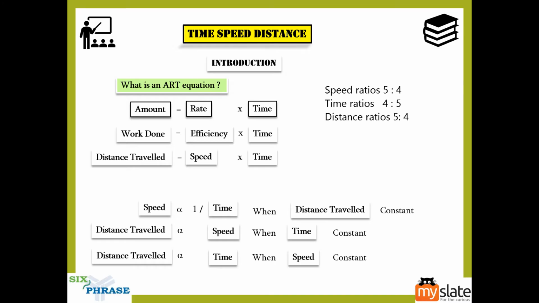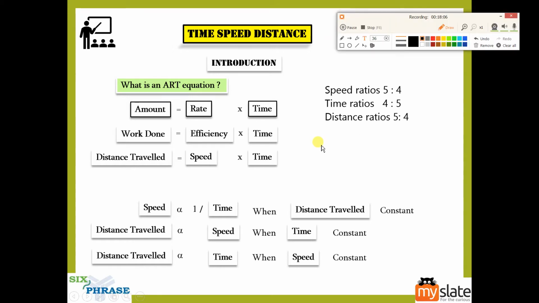And this is the exact reason. I often ask people, why do we get this formula? Speed is equal to distance by time. Why don't we say speed is equal to time by distance? I often ask this, but students don't understand it. But now I think you should understand.